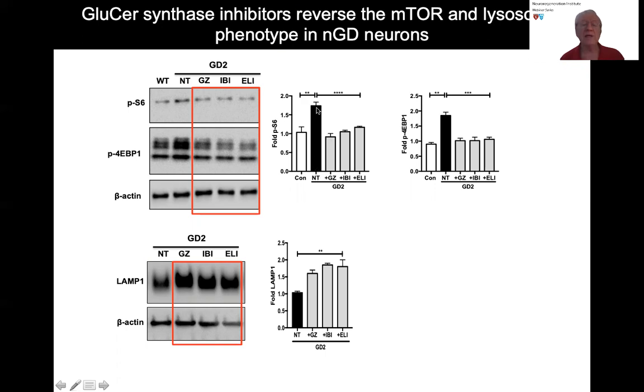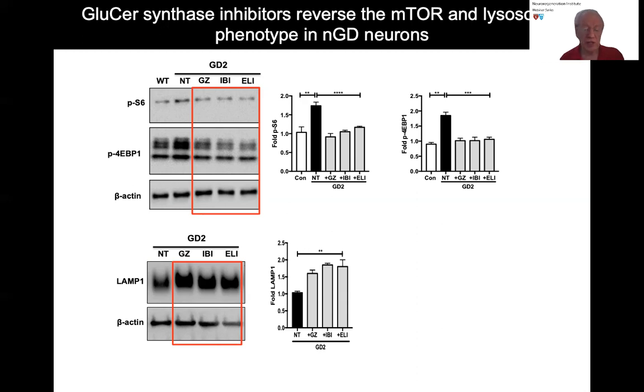We can decrease the phosphorylation levels with the Genzyme ibiglustat and eliglustat, and then the reciprocal is true for the lysosomes, we can increase them. So eliglustat unfortunately doesn't cross the blood-brain barrier, but Genzyme 161 and venglustat, ibiglustat can. And ibiglustat is in clinical trials, as I said before,